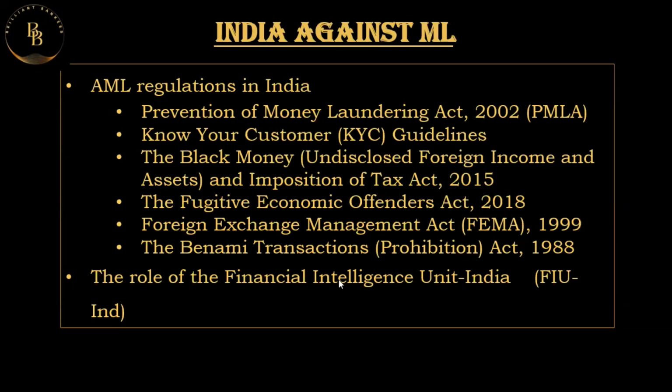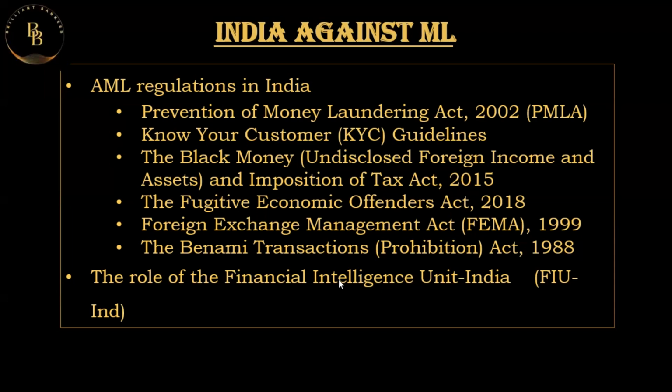Key AML regulations and laws in India. The Prevention of Money Laundering Act is the primary legislation aimed at preventing money laundering, combating terrorist financing, and ensuring that the laundered assets can be confiscated. It also provides for criminal prosecution of offenders who are involved in money laundering. What are the criminal offenses? Under the PMLA Act, money laundering is a criminal offense. Anyone found directly or indirectly attempting to project the proceeds of crime as untainted property is liable for punishment.